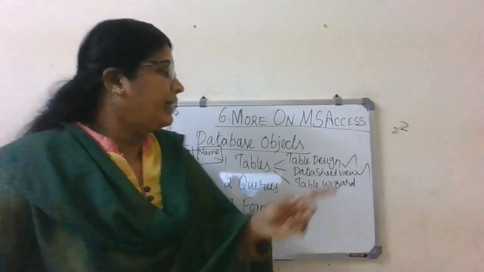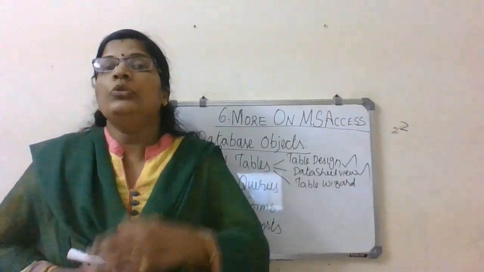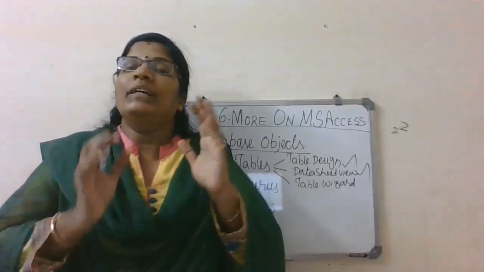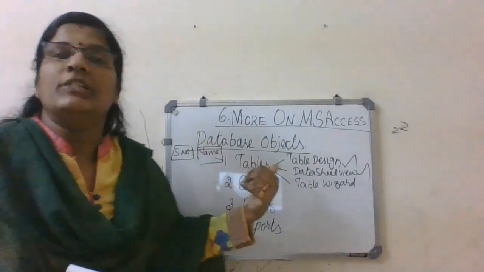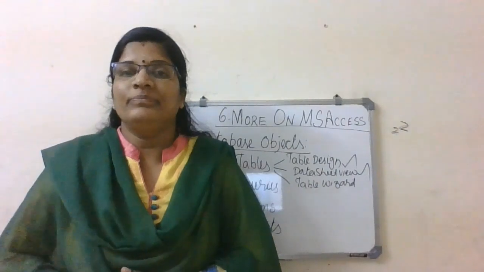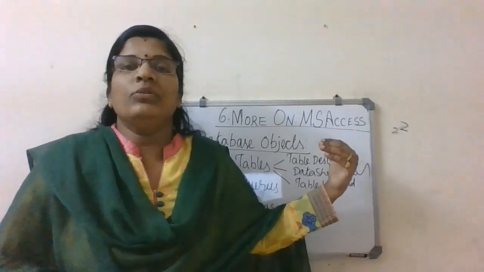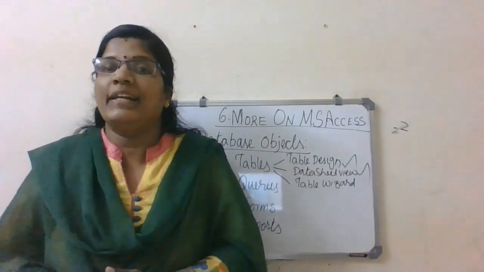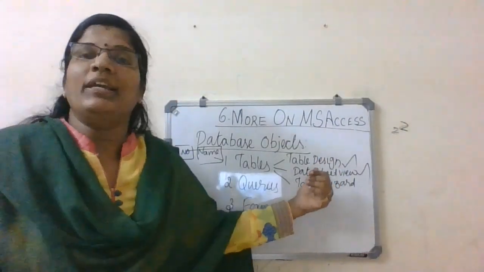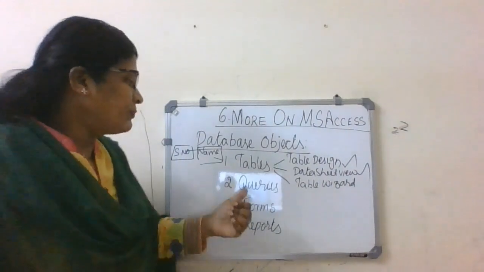The other method is table design. So what is table design? You are going to design a table. So how do you design a table? With the names of the fields. What are the fields you need and the data type you need. Using that, you are designing a table. So that is the second type. All right, so using table design also we created a table. Got it? So these are the two methods we created tables. Clear? Okay, then what else did we study?